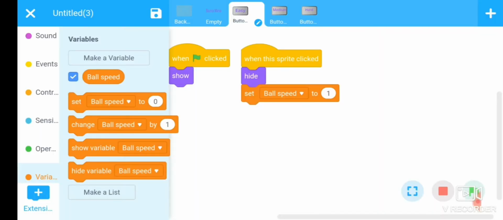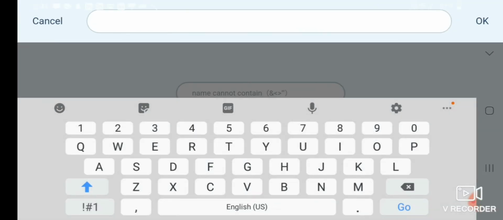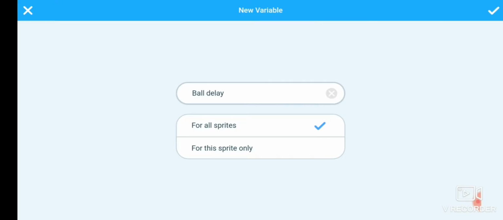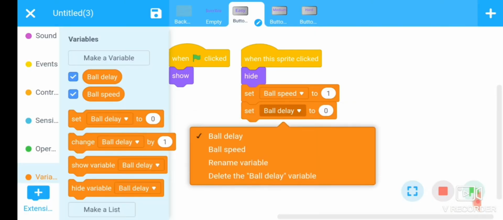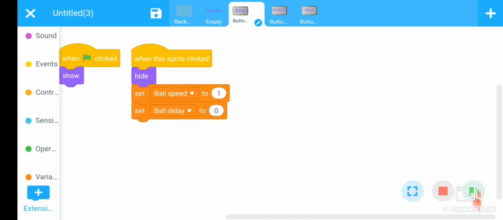Now design another variable, that is ball delay. Set this variable's value for easy level to 20.